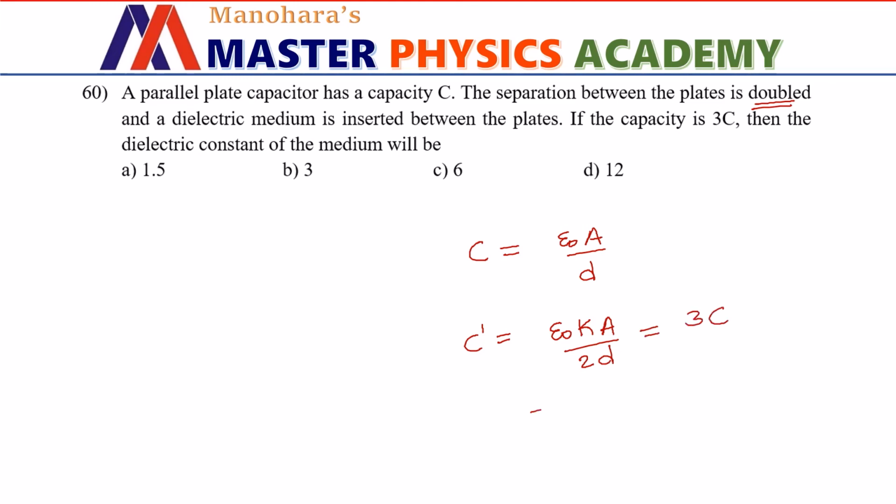So now let us substitute and evaluate. Epsilon naught K A divided by 2D is equal to 3 times C. C is epsilon naught A divided by D. Now epsilon naught A divided by D gets cancelled on both sides. Then the K value we are going to get here is 6. Therefore, the correct option is